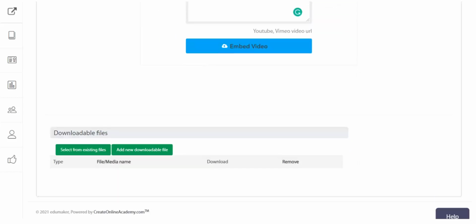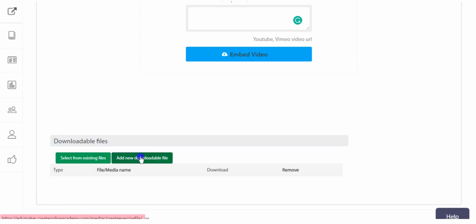Then below this, you can see a downloadable file section. Students in each lecture can be provided a downloadable file. It could be a zip, it could be a PDF, or anything as per your wishes. For that, either you can select it from the existing files or you can add a new downloadable file.